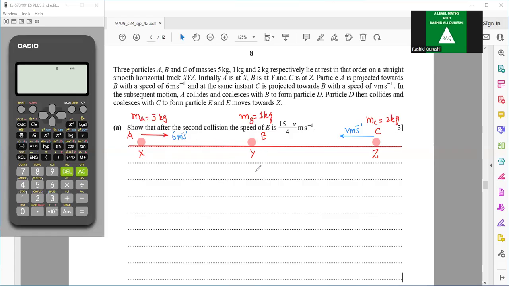These particles reach this point. Before collision, what is the status, and after collision, what is the status? We have to use the law of conservation of momentum. B is at rest. I will write with a different color, suppose green. The velocity of B is 0 meters per second, and A is moving with 6 meters per second. When they reach here, they will collide. So before collision,